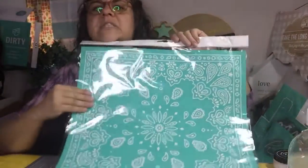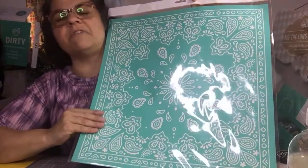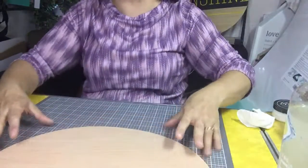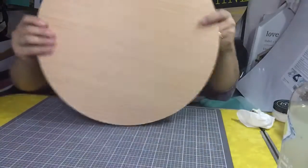So anyway, today we are going to use this 18 by 18. It's called the Bandana Pattern. I love it. I was so excited when it came out because I live in the West, and in the West, they love their bandanas and anything Western, right? Okay. So I'm going to be using this wooden round that I got